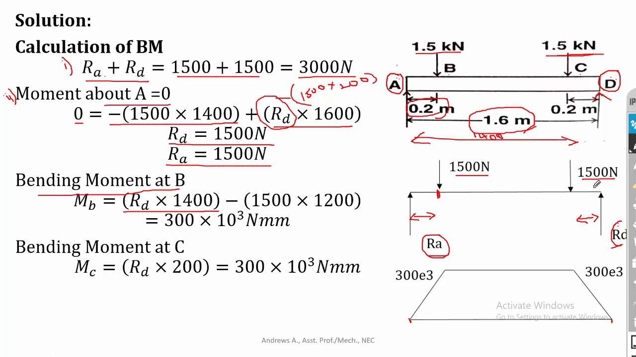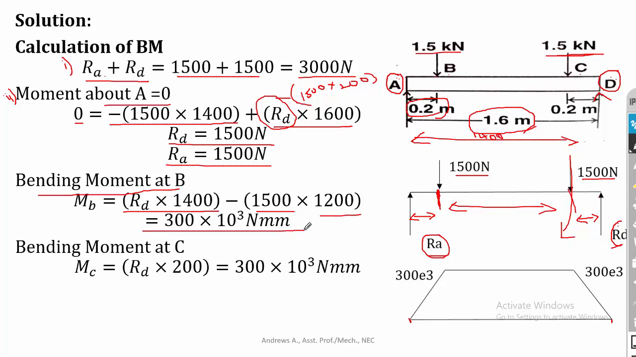And the second one is 1500 Newton, acting in the clockwise direction. So it is minus 1500 into the distance between B and C, which is 1200. Remember that when you calculate the bending moment at B, you have to calculate the perpendicular distance of every force from the point B. Then finally you will get the bending moment equal to 300 into 10 power 3